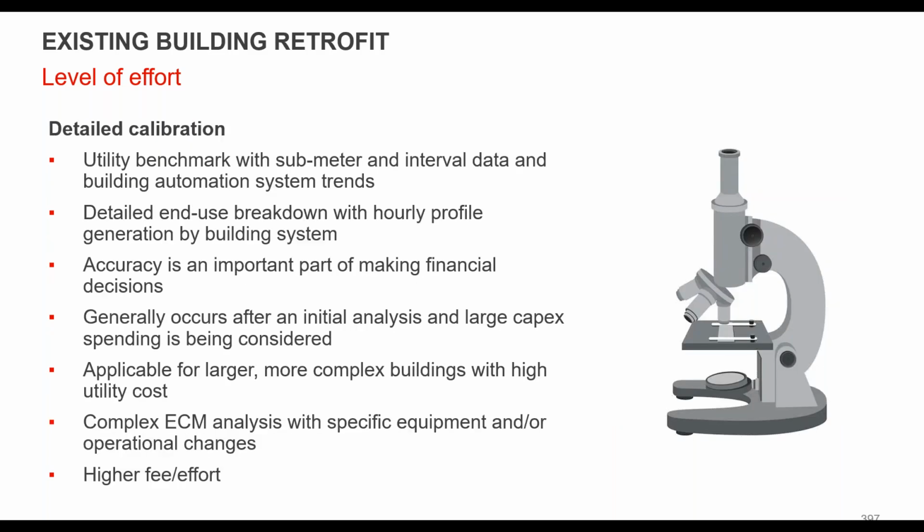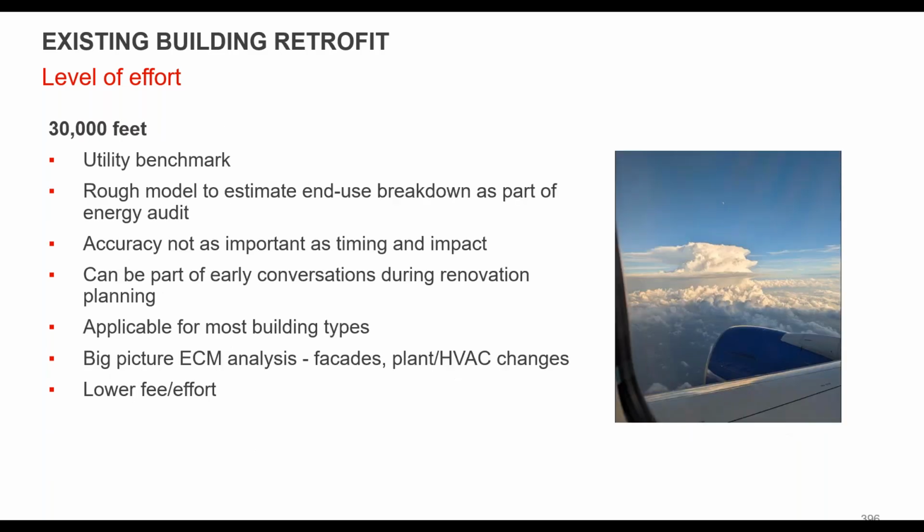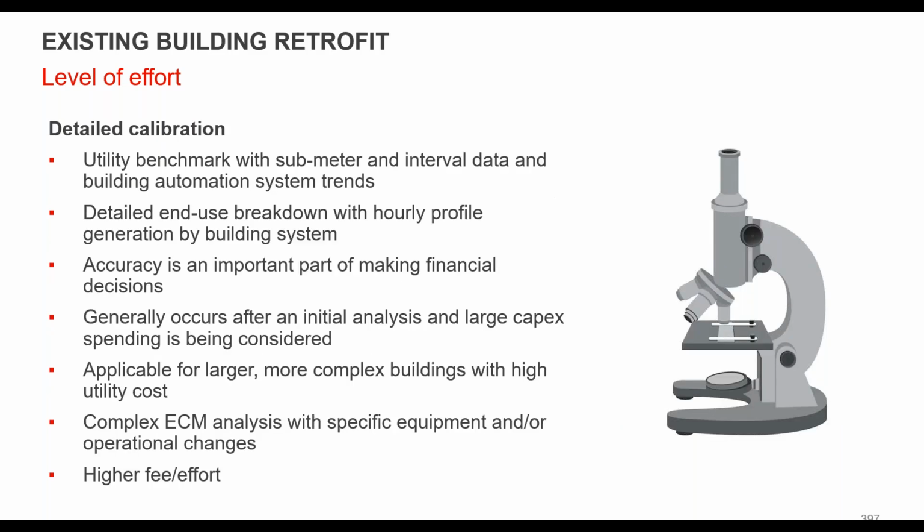And you get to the detailed calibration, like what we just talked about for that last high-rise building. In this case, they knew they had a budget. They knew they wanted to reposition the building. And it was a multi-year project to get the level of accuracy that they wanted in order to make financial decisions moving forward with the project. So again, it can be a very different level. You could be talking about a couple months or a month or less for something at this sort of 30,000 foot level, or you could be spending 5 to 6 months to build a calibrated model and then model out options for many years.